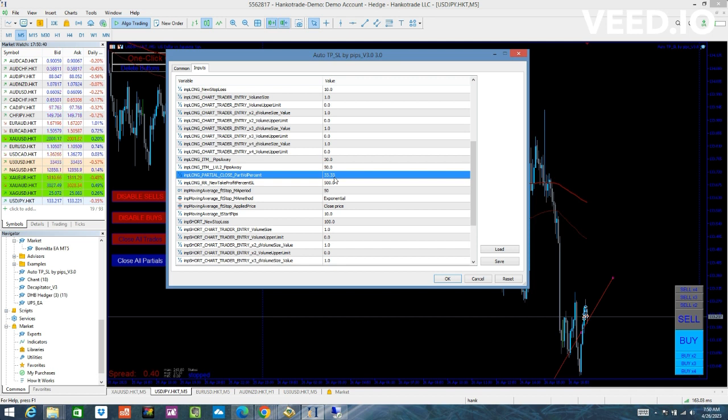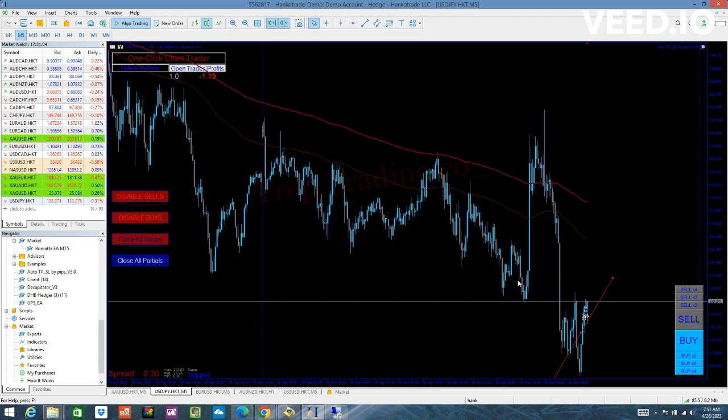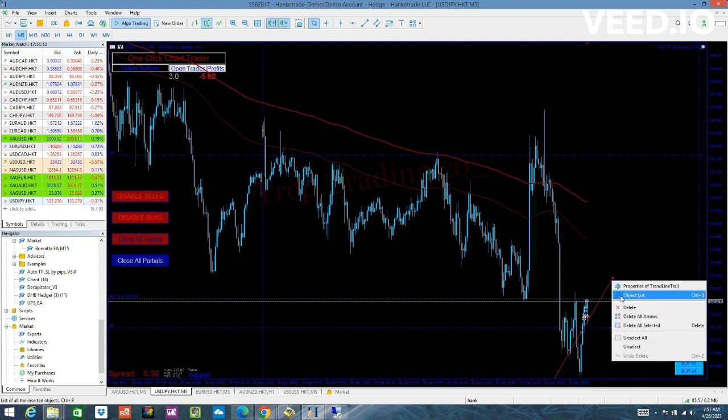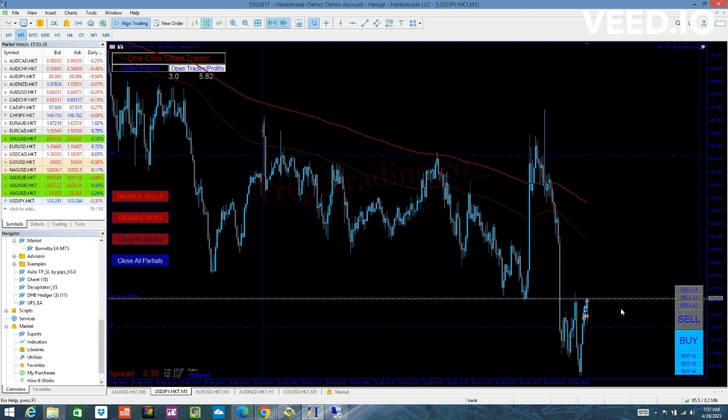It is by percentage. Wait, do what by percentage? The lot sizing? Nah, getting it to take partials. Let's say I do a 1 to 5, it goes up 3%, go ahead and take 2% off, and then trail the rest. Like the trade increases by two percent, because the thing is with pip values and trailing your stop with pips versus trailing it by percentage,